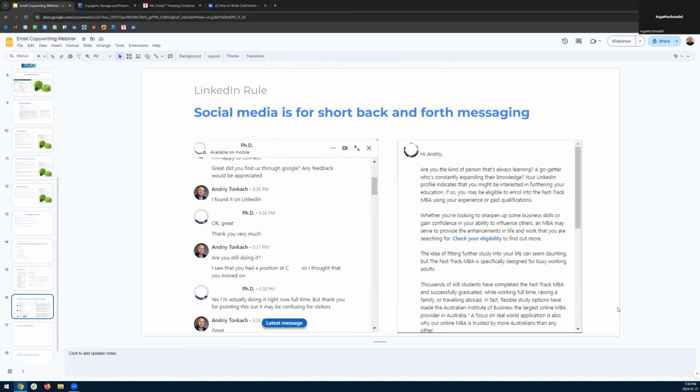And this is about LinkedIn. Here, the mistake that I see is what you see on the right: people treating LinkedIn the same way they treat cold email, so they write really long, elaborate text. But think of how you message your friends on Instagram, or people on WhatsApp, Telegram, Viber, Facebook, and so on. We don't communicate on social media in these big, massive blocks of text. We communicate in super short